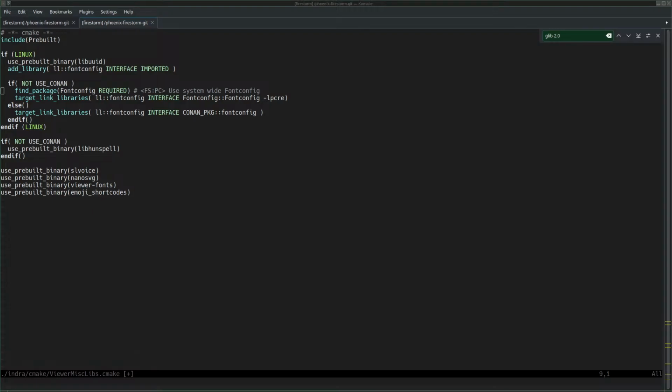Note that this bug is a FireStorm specific issue, as per the comment in